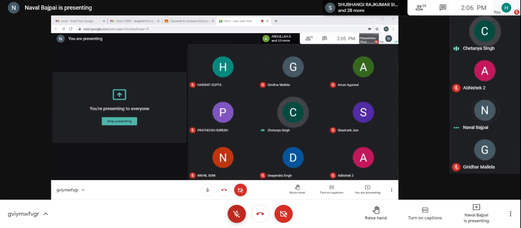Then as a researcher, we also need to explain what the theoretical model is, which will tell the story of the research. For example, what is the conceptual model? What are the independent variables? What is the dependent variable? What are the variables under study? What are the moderating variables? So this will get covered in the theoretical model part.